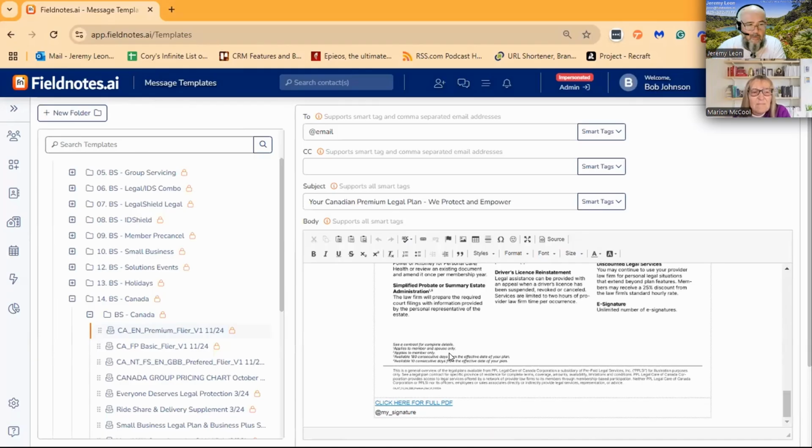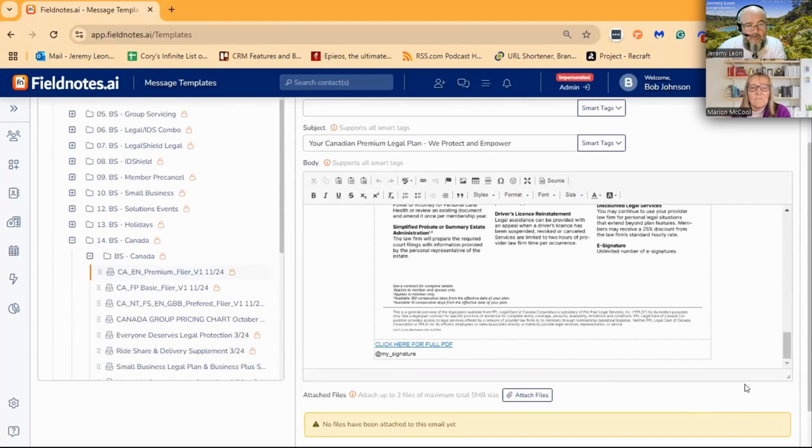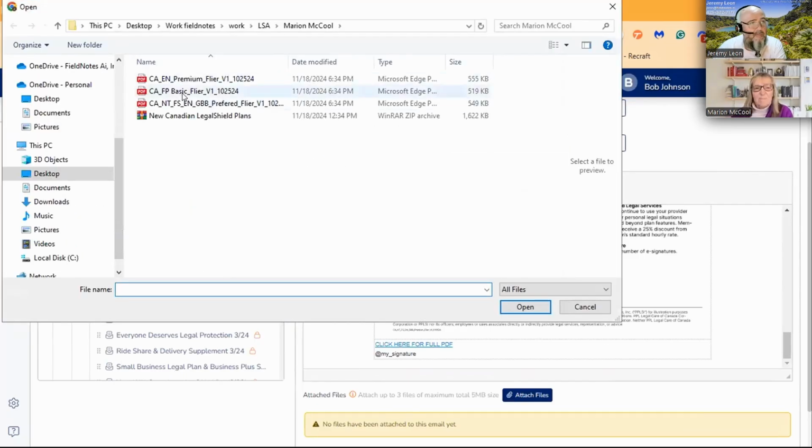So if you guys want to have your information on that PDF, just in case it gets passed around, you would have to download it, add your information, save it, and then I guess you can ask me for help how to re-click it. But essentially what you do is you save it, then you have it as a document, and then you attach your file back to this, right? So let's say this is one of the flyers that you just saved with your information. I would possibly rename it with your info in the header. That way, you know that it has your personal information, and then you simply attach it.